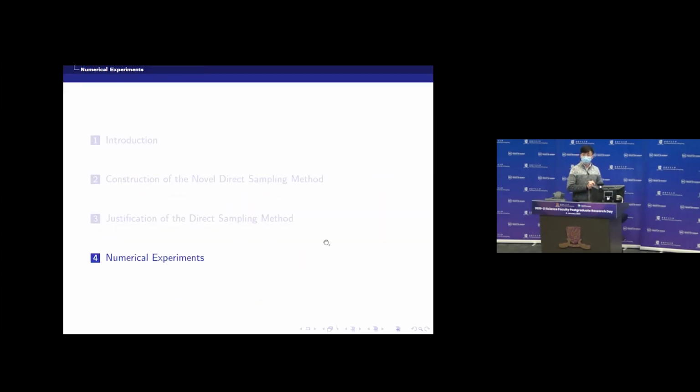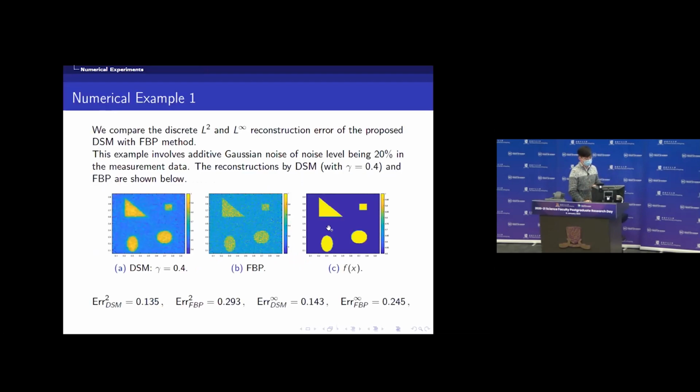Now I will give you two numerical experiments regarding our method. For the first experiment, we examine the case where there is additive Gaussian noise, or white noise, or noise in the normal distribution in the measurement data. We found that the L2 error of our method is a little bit less than 1/2